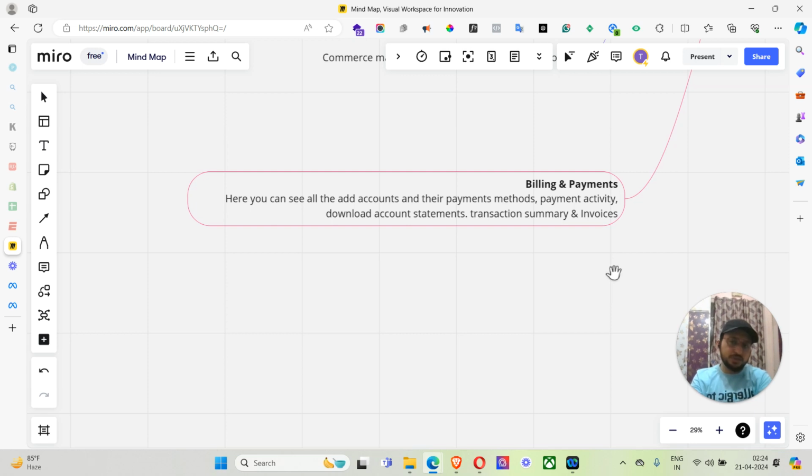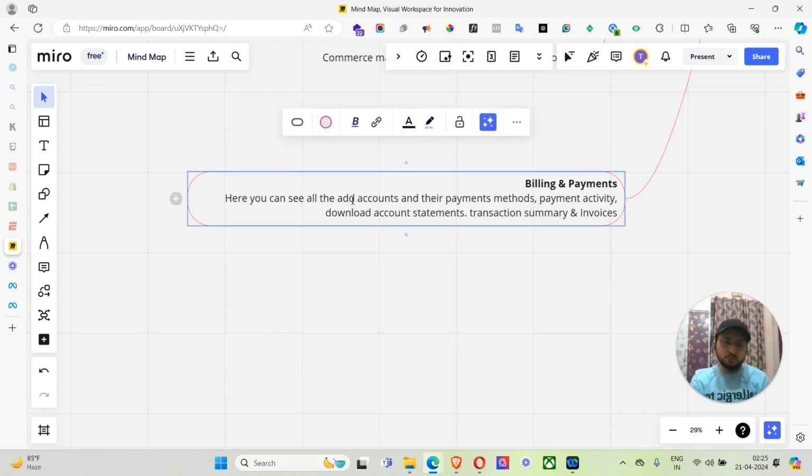All the ad accounts have different billing and payments. Some are using prepaid funds, some credit cards, some debit cards, some net banking. You have multiple payment options inside Ads Manager and inside Facebook ads. Whatever you choose for a particular ad account or business manager, you will see that, and you will be able to download statements. You can see their payment activity, the transaction summary, and you can download the invoices